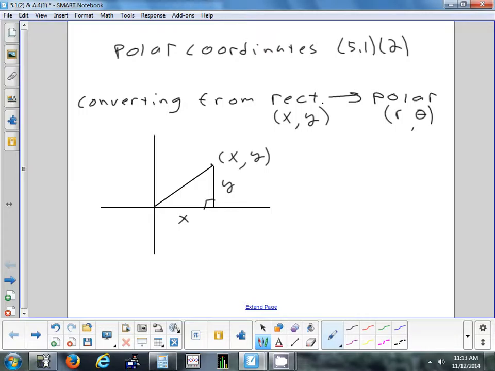What would the hypotenuse be here in terms of a polar coordinate? It's a hypotenuse, but it's also what other value? Yeah, that's the radius, the distance from the center to the edge. So we need to find the radius. And then the angle, well, we just formed that by making a triangle. That's my angle. Okay, let's start with